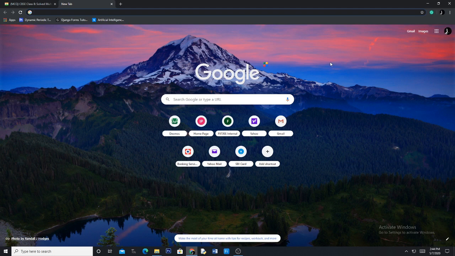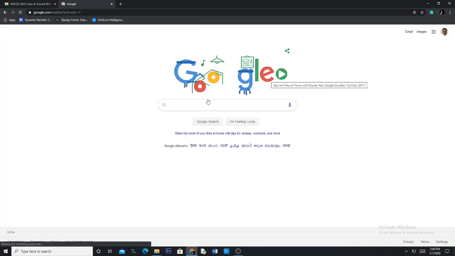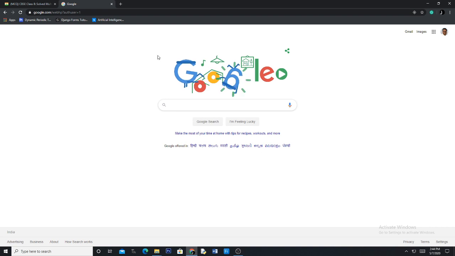Okay, now let us start the tutorial on how to create such a question paper which can be marked automatically. The first thing I need to do is go to my Gmail account and log in. I am already logged in because this is my own computer. When you do this, you have to give your user ID and password.